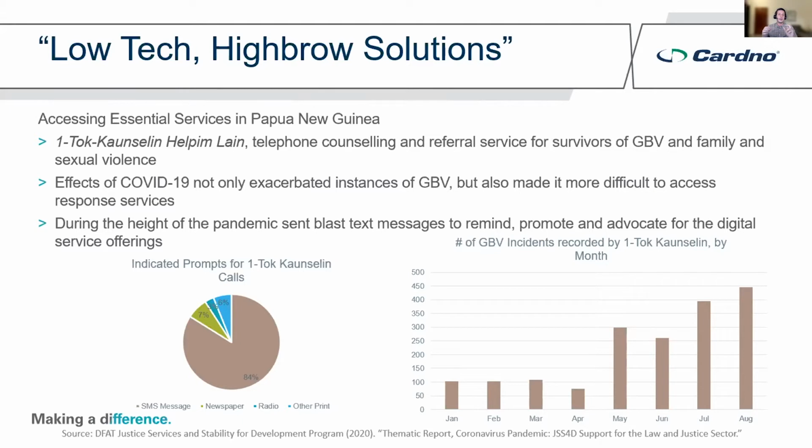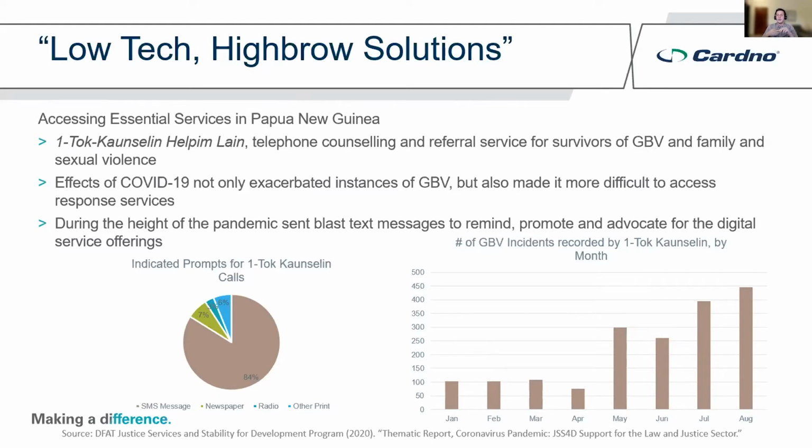So we knew that we could use basic mobile technology to reach half the population of PNG. And so what we did is develop strategic communications with mobile network providers, the police, and One Talk to send blast SMS messages out on a regular basis to those populations en masse in Papua New Guinea. And in order to determine the effectiveness of this, we also continued on with radio programming and traditional